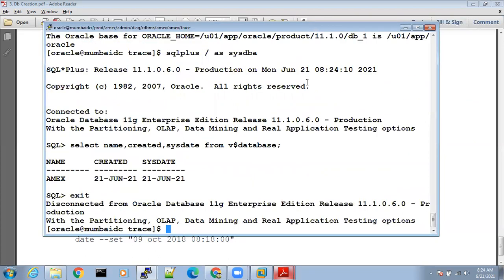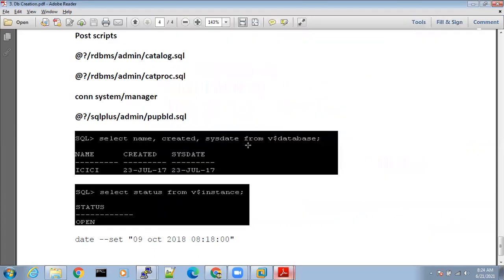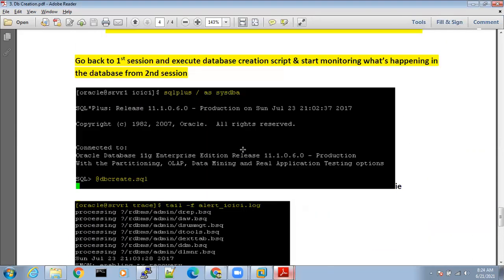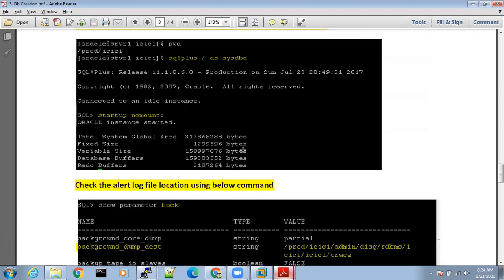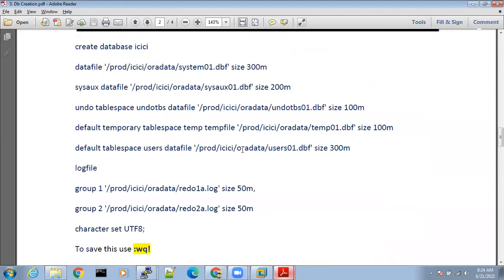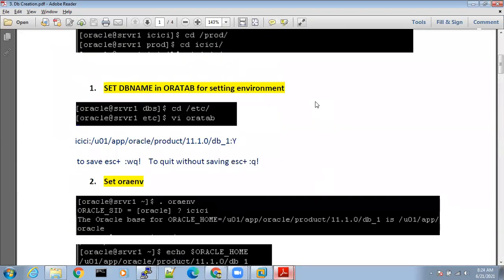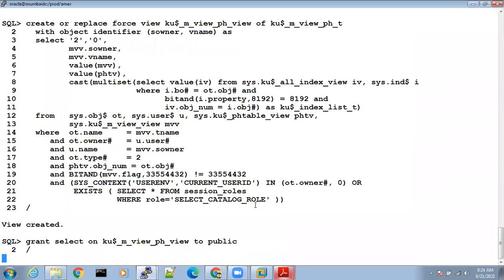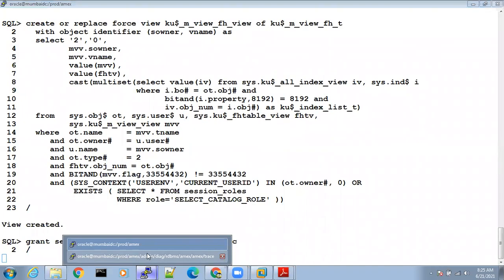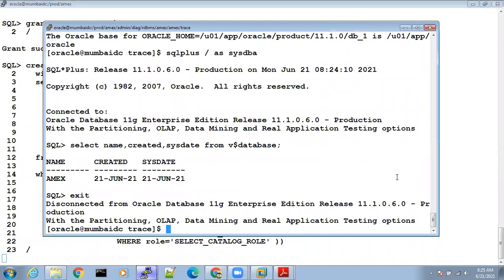Anyone have any questions? Tomorrow also there will be a database creation class only. I will create one more database with the name ICICI. Today I have created the MX, American Express database, right? Once the database is created, we are connecting to the database.